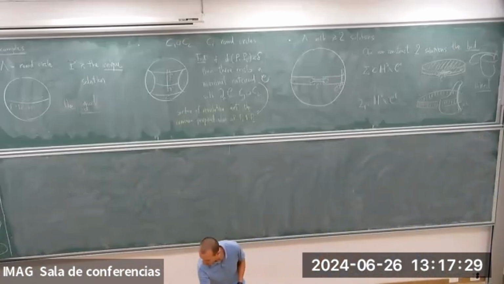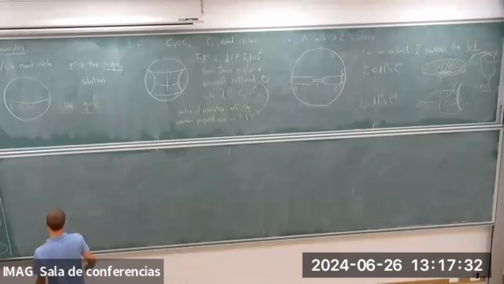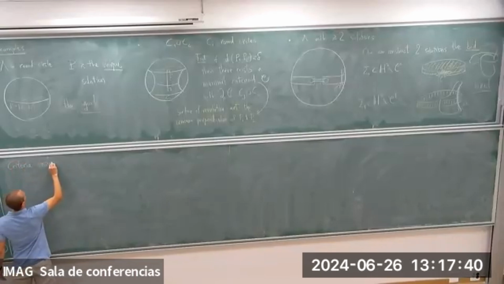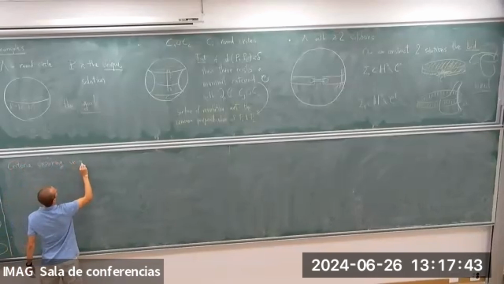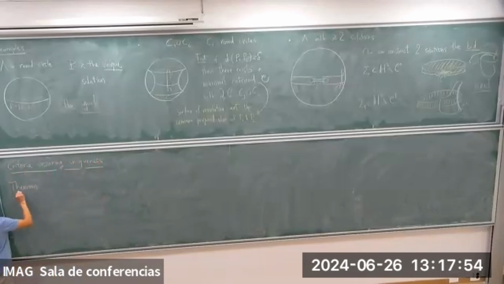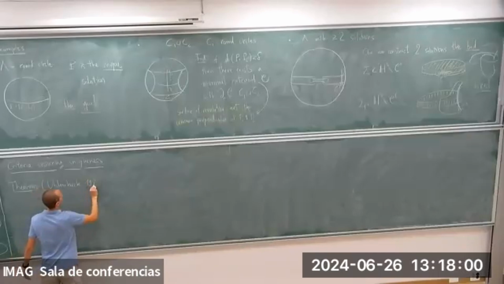Okay. So in the remaining time, I will discuss some answers to question 1. In particular, I will try to give some criteria that ensure uniqueness. So here the starting point is this Uhlenbeck program, a theorem by Uhlenbeck. She gave a criterion for uniqueness in the quasi-Fuchsian manifold, but I will still state it just to